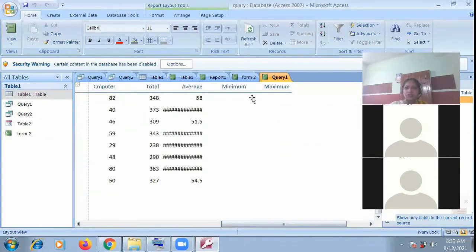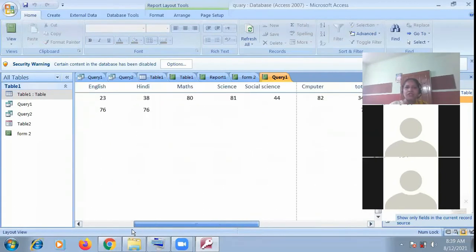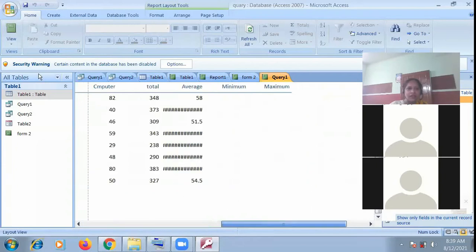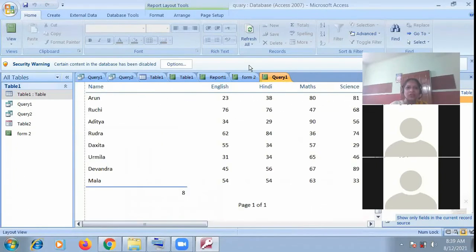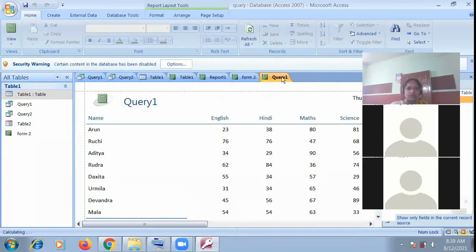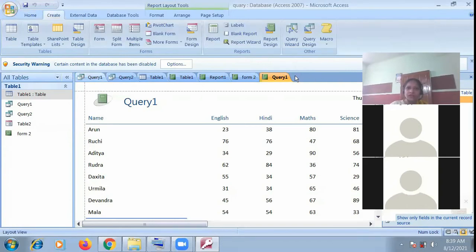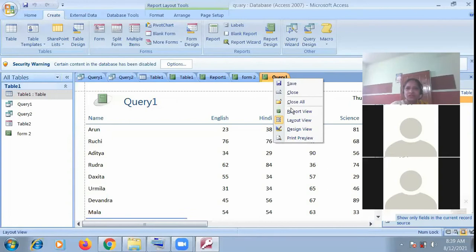Every same data I'm getting in the form of this report. This is the report of query one. We can rename it also. It is report view, layout view, design view.